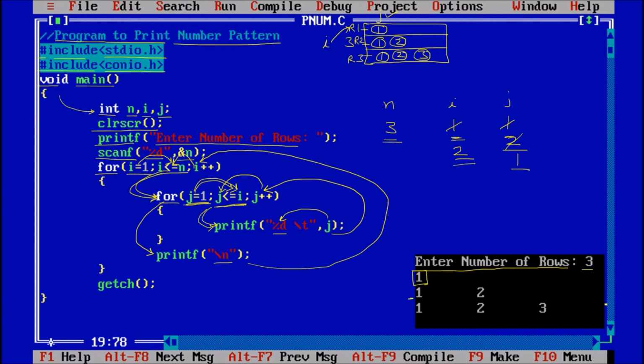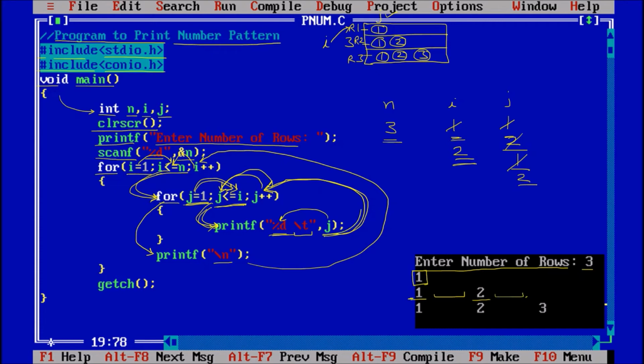Coming down, %d, j. So the value of j is printed, that is 1, and a tab space is given. After that, go back, the value of j is 2, checking the condition, j less than equal to i, 2 less than equal to 2, true. Coming down, printing the value of j and a tab space. The value of j is 2, some tab space.